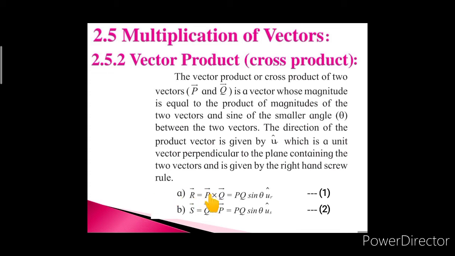That's why here vector P cross vector Q gives the result as vector R, whose direction is given as UR cap, which is the unit vector of the vector R there. And when we change the order of multiplication to vector Q cross vector P, we get the result as vector S, whose direction is given as US cap, which is the unit vector of the vector S there. It can be understood more clearly